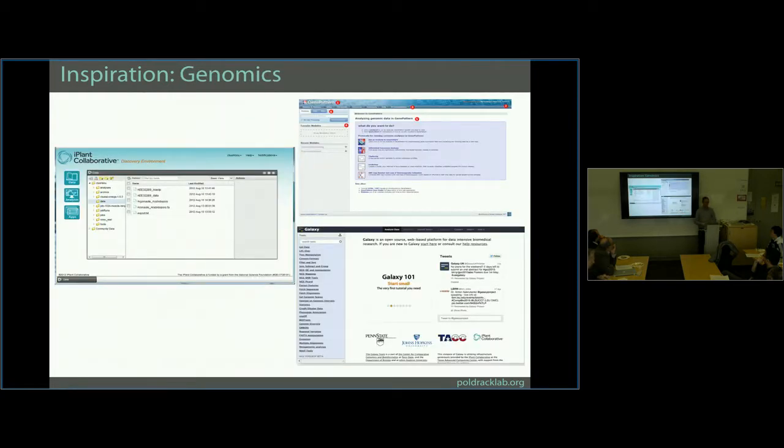Another inspiration is genomics. And any of you who come from the genomics world know that there's a number of projects there where people are basically putting tools online to allow someone to upload a data set and process it using that group's processing power. Some examples are GenePattern from the Broad, Galaxy, and the one that we're sort of most closely associated with is the iPlant Collaborative, because they're using and building the infrastructure that I'll tell you a bit about that we're going to be using.